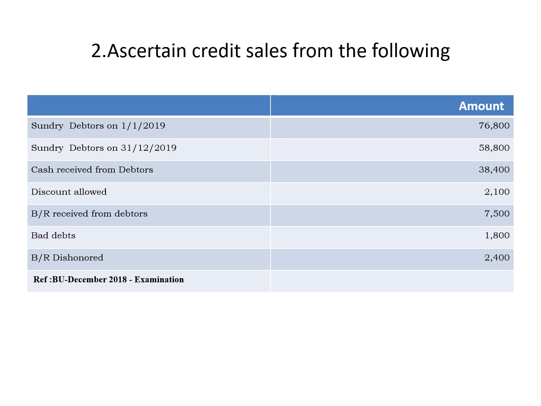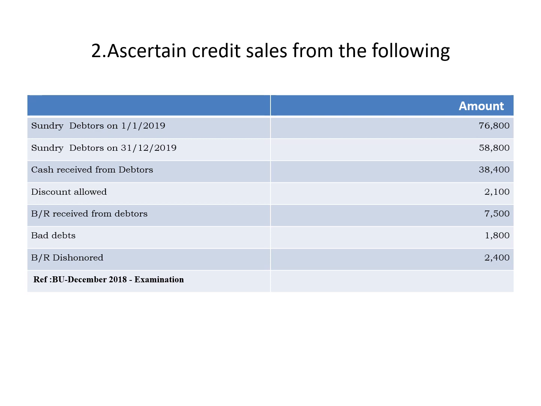Third item is cash received from debtors. This will go to credit side. So by cash account 38,400. So cash received will go towards credit side. Then discount allowed is the fourth item given as 2,100. So discount allowed will appear on the credit side of debtors account. So 2,100 should be transferred there by discount allowed.